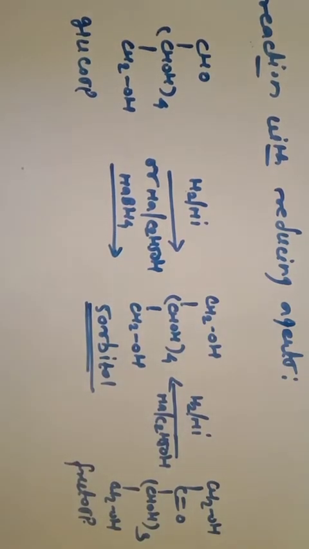In presence of an oxidizing agent, we already discussed that the aldehyde group is converted into acid, while in case of a reducing agent, the aldehyde group is converted into primary alcohol and the ketonic group is converted into secondary alcohol. So both glucose and fructose on reaction with a reducing agent give sorbitol. Let's discuss the second reaction of glucose, that is reaction with